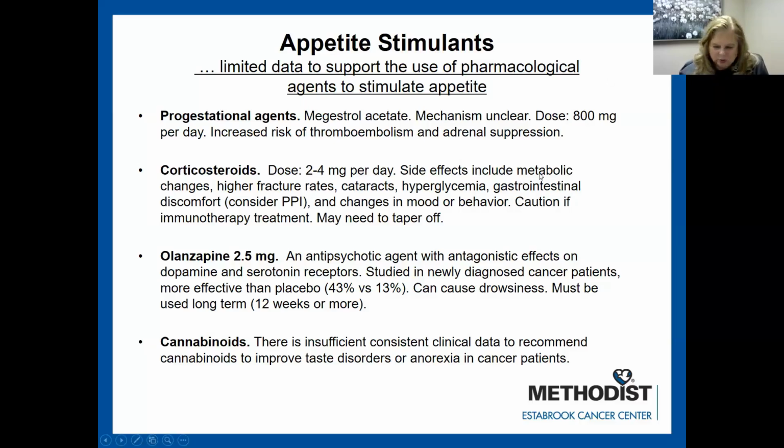Anything natural, any way of trying to get the food in, is always better. Pack those calories with protein and try to sneak protein in with whatever you're giving somebody. Protein drinks, those sorts of things, are always much better if you can do it naturally rather than with stimulation. Other things like distraction and small frequent meals, those sorts of things, are always a first choice rather than trying another